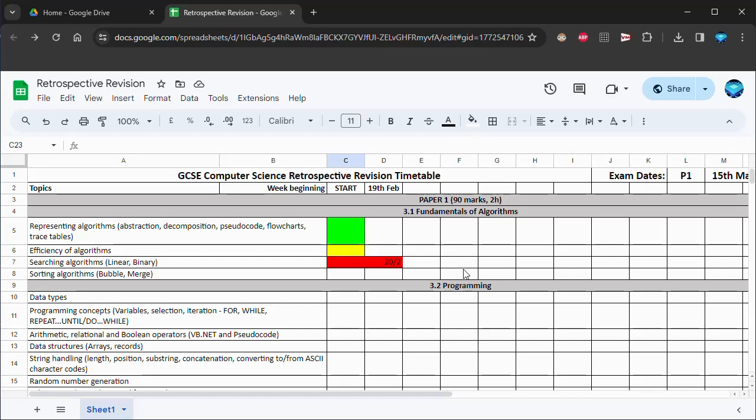Like I say, this is for AQA's GCSE specification. I don't have an OCR one, but I could put one together. So let me know in the comments if you would like me to do that. And this would also work for A-level as well. Obviously, the A-level specification is much larger, but it still works in essentially the same way. You just break it down into different topics and then